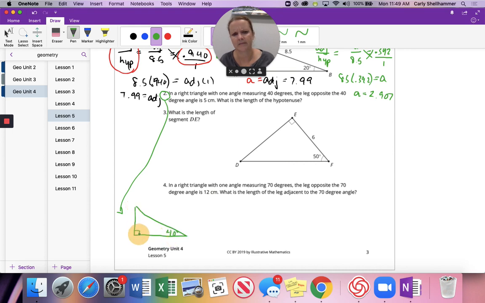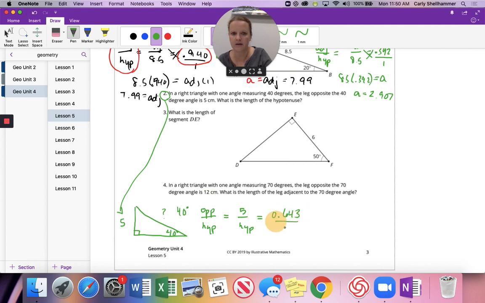That's okay. 40 degrees. Let's do this one as 40 degrees. That is 90. The leg opposite the 40 degree is 5 centimeters. What is the length of the hypotenuse? Okay, so I know opposite and I need to know hypotenuse, for the 40 degree angle. If I look at my chart, I'm looking at 40 degrees, opposite and hypotenuse. My ratio is, first let's do this, opposite, hypotenuse. If I look at my chart, my ratio is